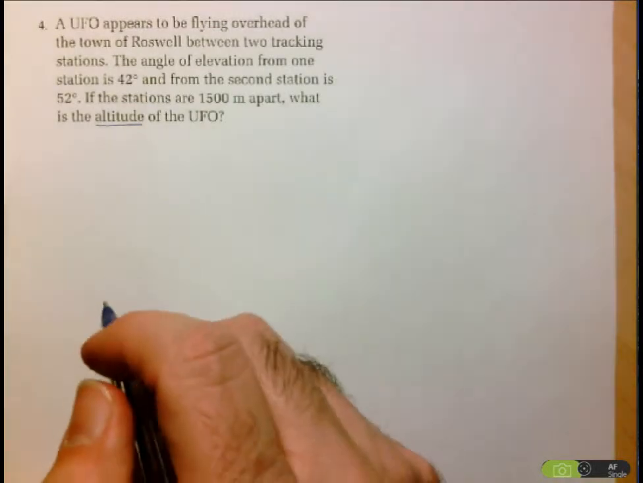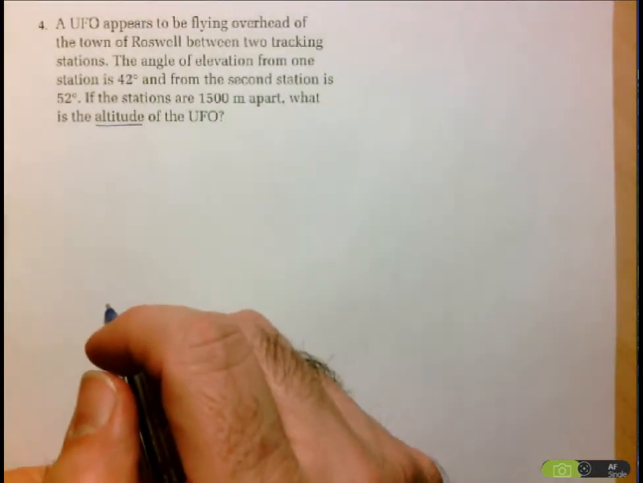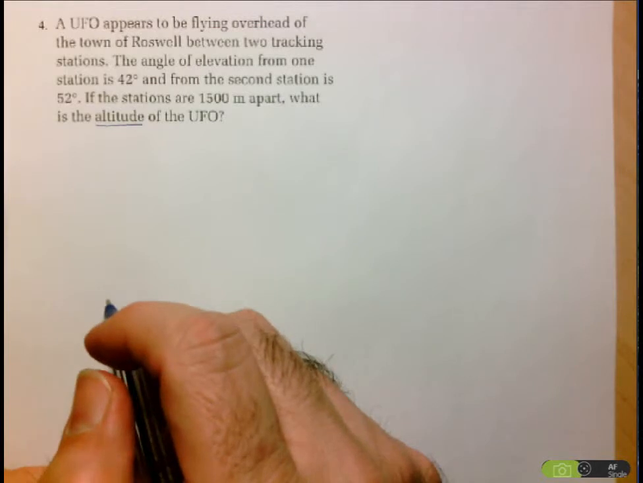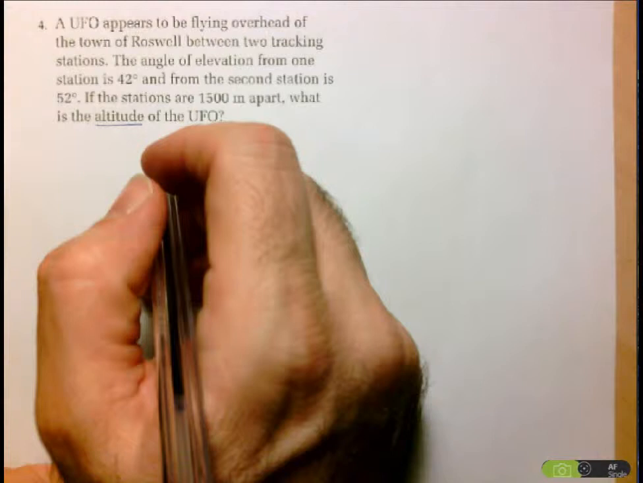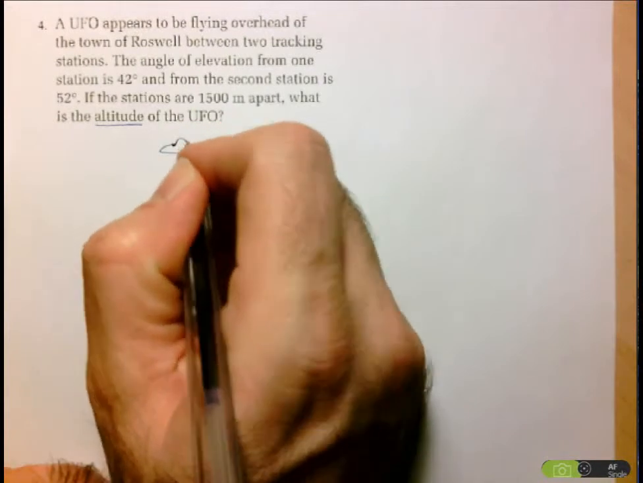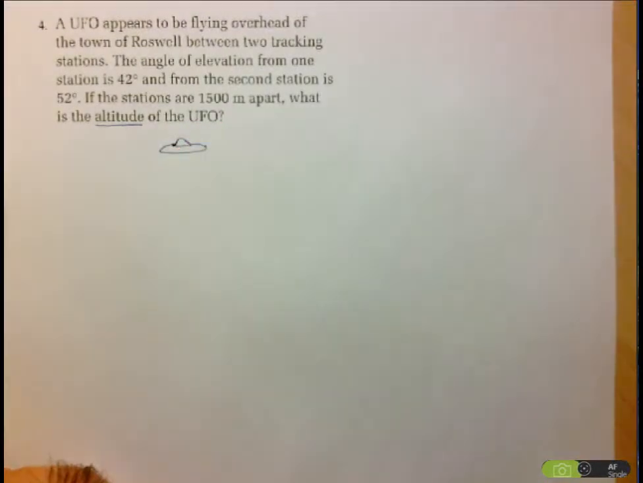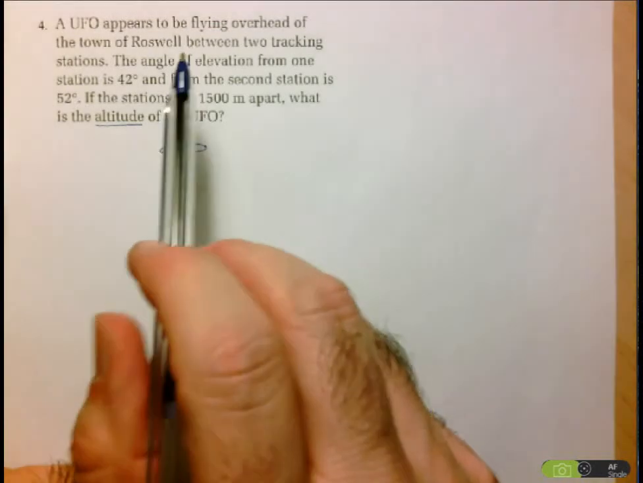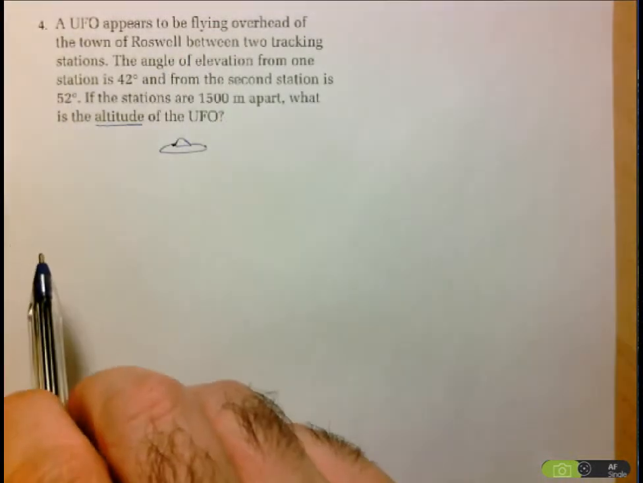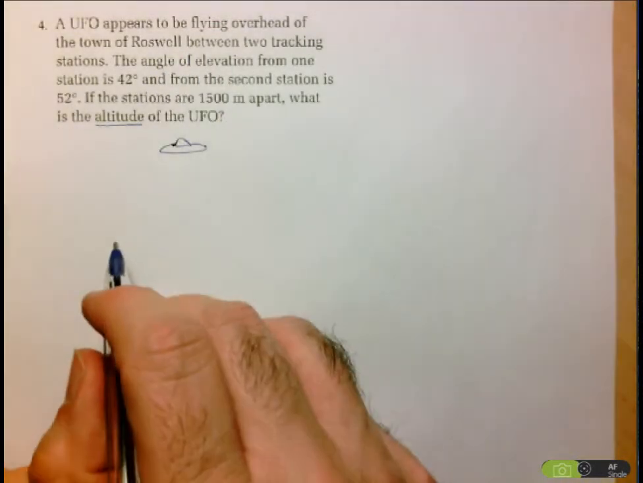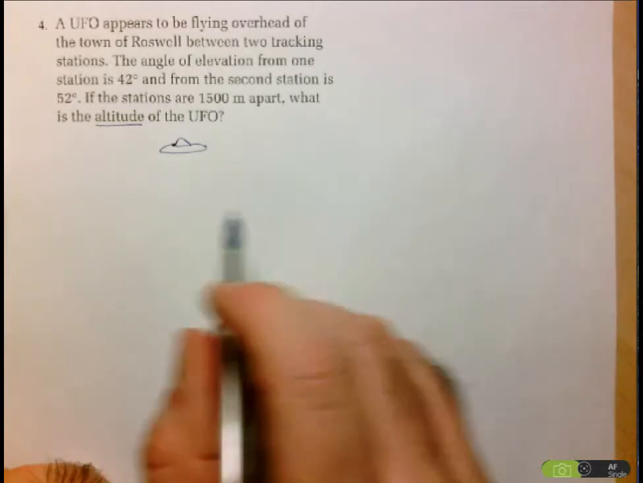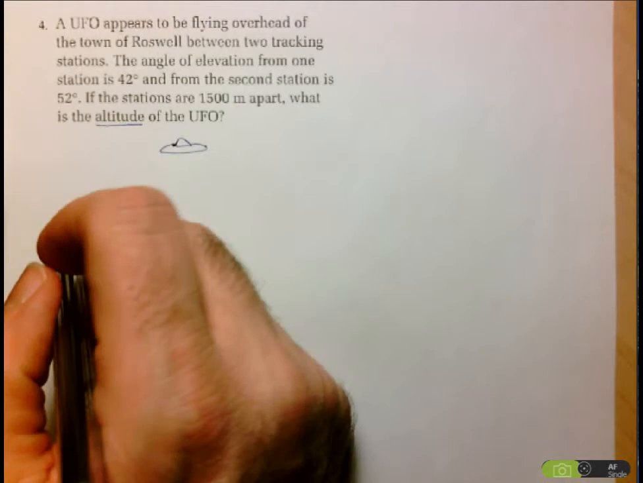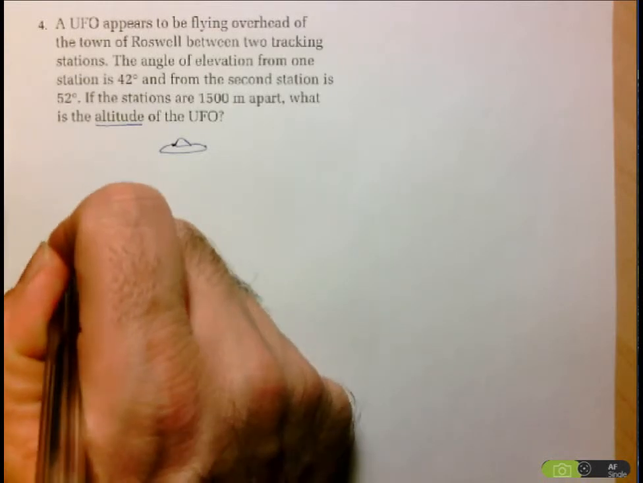Okay, now let's get to the diagram here. Okay, so UFO appears in the sky. Okay, so here's our UFO, and between two tracking stations, okay, so you've got two tracking stations, but they're not both on one side of the UFO. Since the UFO is between them, I know I have one tracking station on one side, and